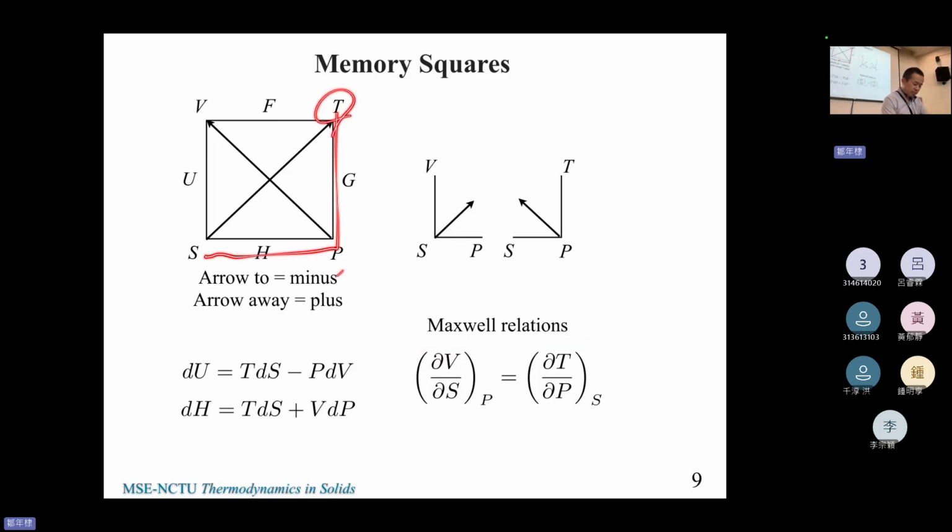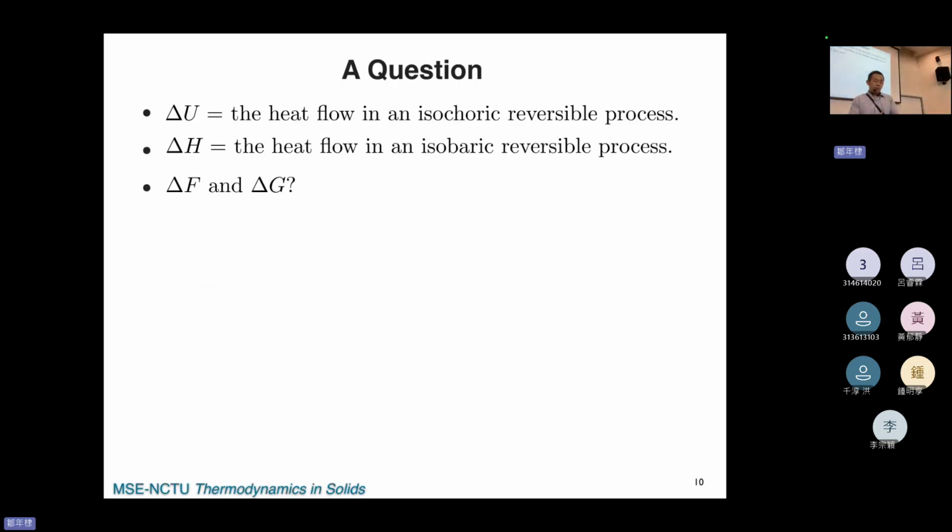The other has T P S. So these two corners have Maxwell relationships. V S P, V S P, T P S, T P S. All right, that's it. 这个不用讲中文吧？总之就是用这个东西去帮助你记忆。arrow to 就是箭头朝自己的话就是减，箭头离开自己就是加。然后还可以用角落，也就是 corner，来记忆马克思韦尔的关系。